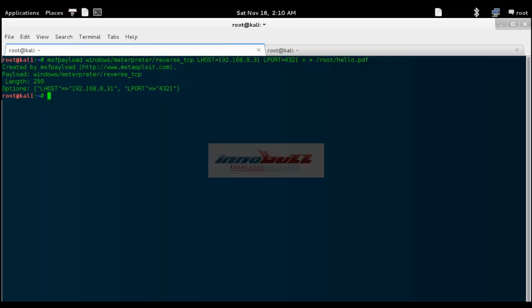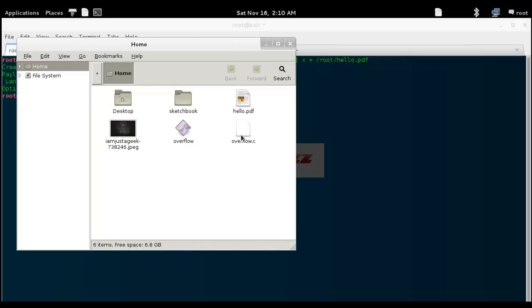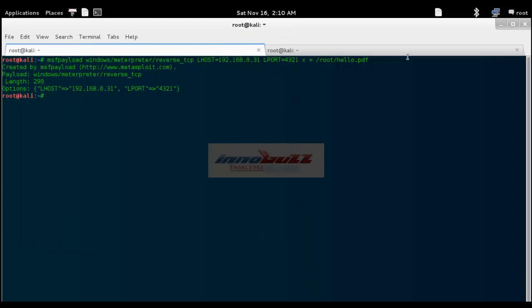Now what I need to do is navigate to my home directory, and I can find the PDF file here. I simply need to export this PDF file onto my victim machine with the help of social engineering skills or anything else. You just need to convince your victim so that once he executes this payload on his machine, it gets infected and you can take control of the machine. So here I'm going to use a simple application-based, PDF-based exploit with the help of the Metasploit framework, and I'm going to send this payload, or this exploit, to the victim.